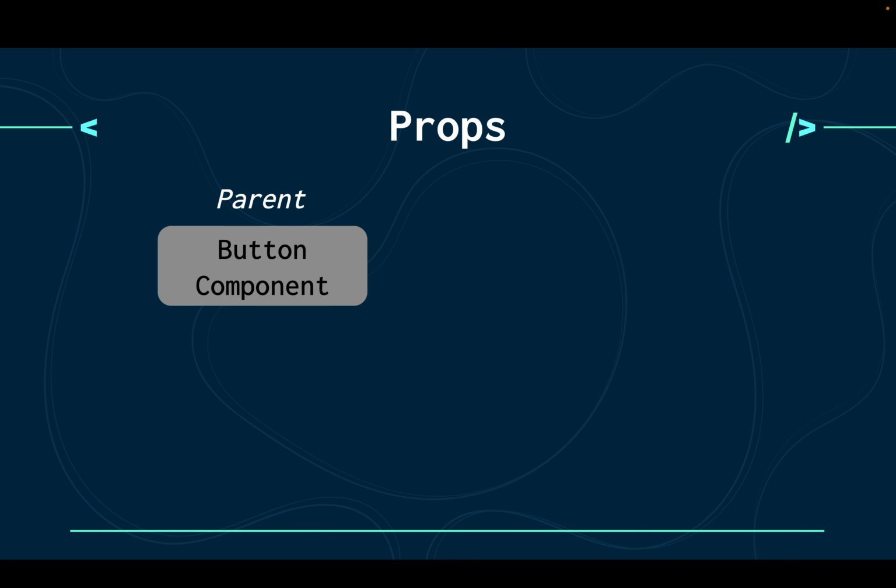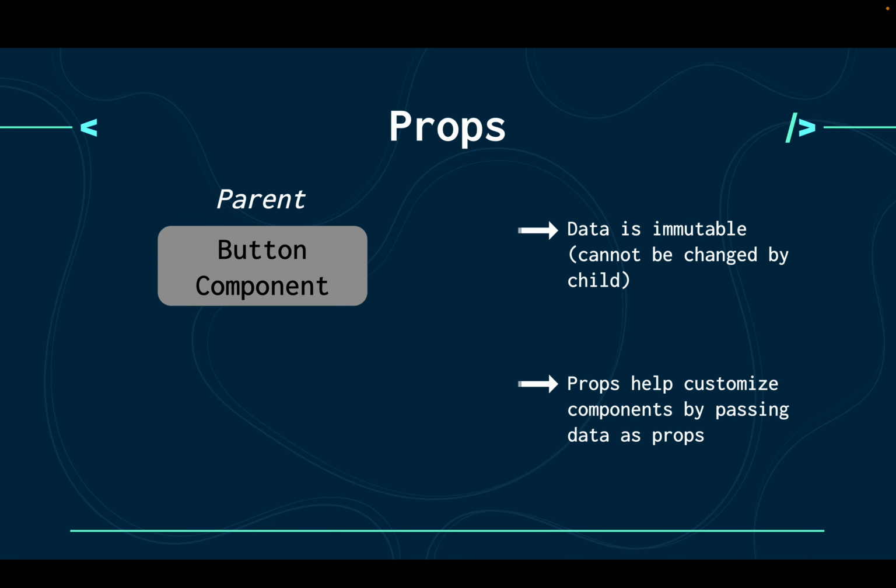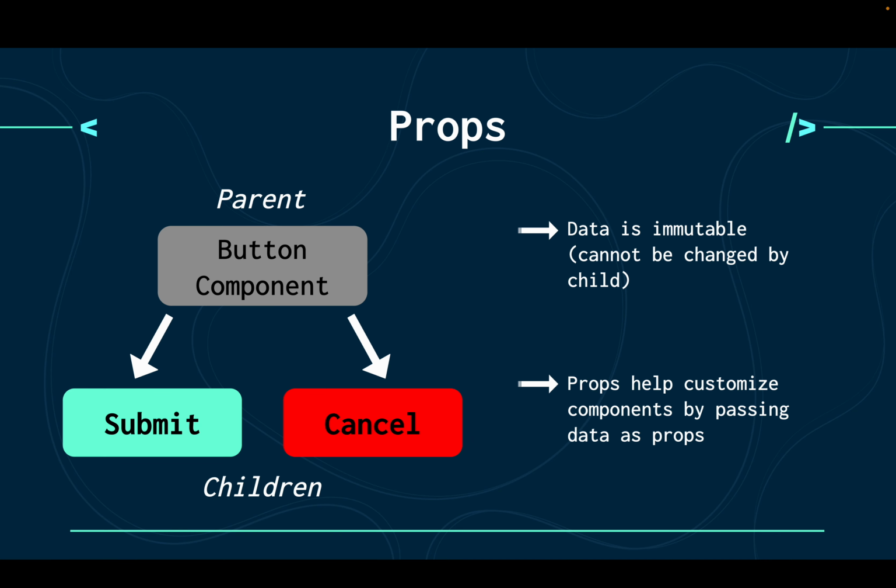Let's focus on props first. Imagine we're building a button component. We might want to use this button throughout our app, but it needs to display different text and colors in different places. Instead of creating multiple button components, we can use props to pass in values for the label and the color of the desired button. The data passed down would be immutable, meaning it cannot be changed or altered once passed down. This way, we can reuse the same button component to create multiple customizable buttons, each displaying a different label and color.